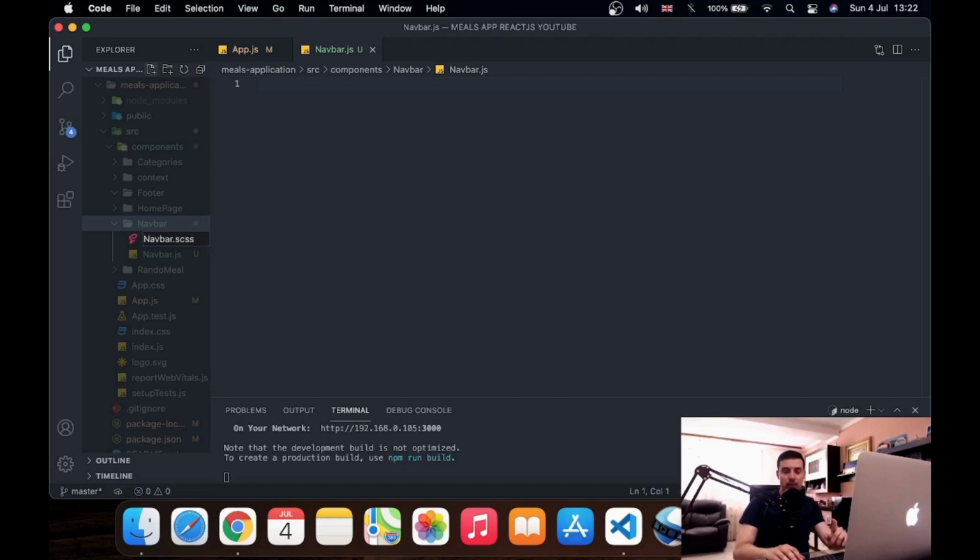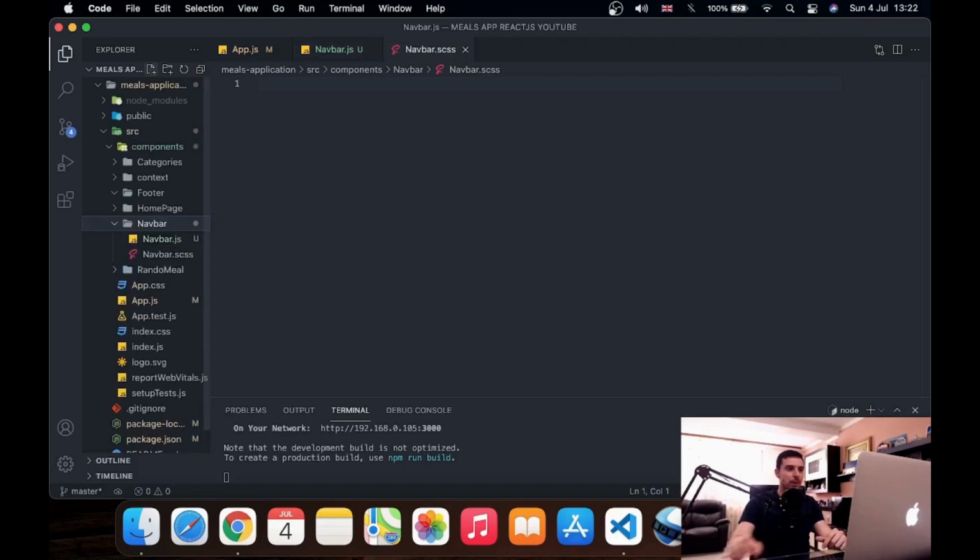Notice that we are not using .css, we are using .scss because that's the extension for Sass. And you will see how powerful Sass is when it comes to comparing it with CSS. So I will save this and I will follow the same structure for all the other